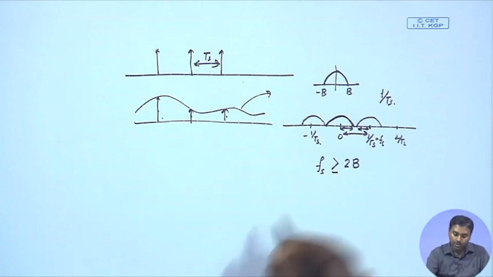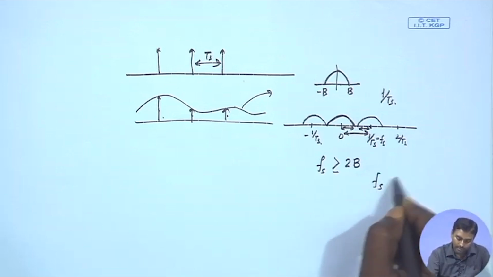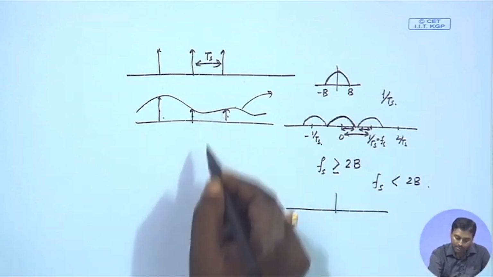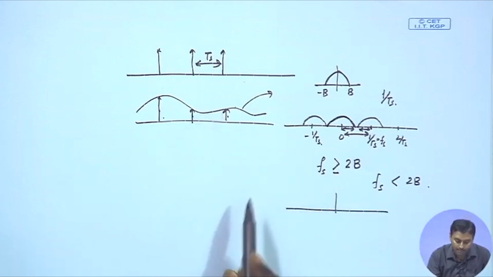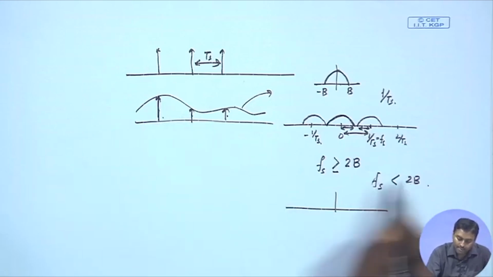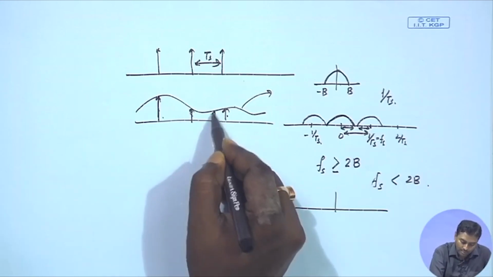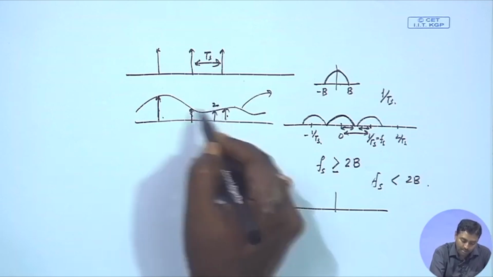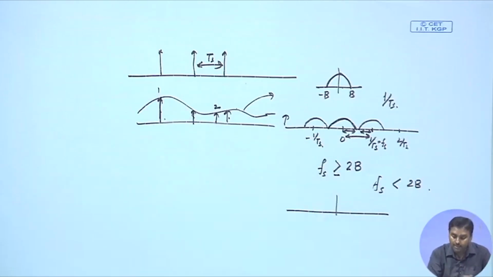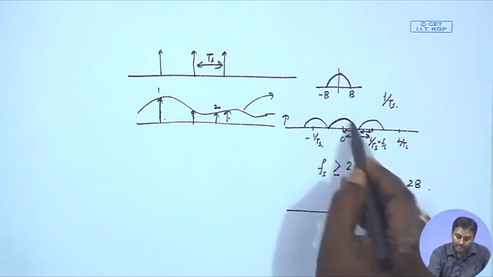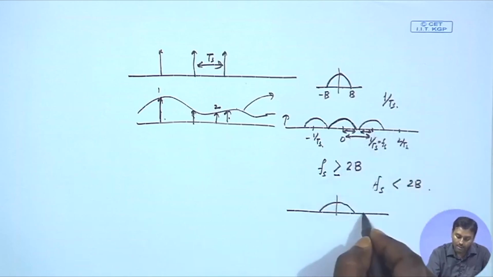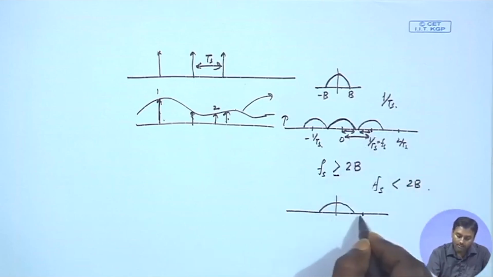If it is not true, and Fs is less than 2B, then what will happen? Whenever I do this sampling, that means you are undersampling. You take a sample over here because Fs is less than 2B, this will be the second sample, probably this will be the third sample. So, if you undersample it, what will happen? Because Fs is now no longer greater than 2B,